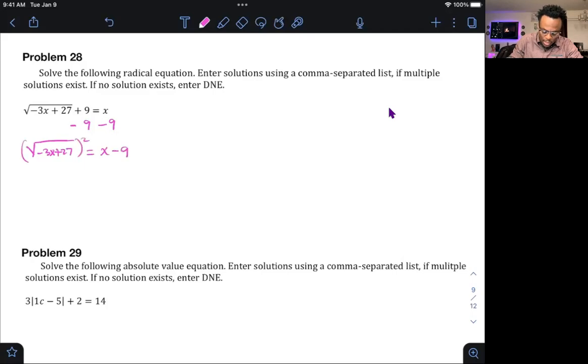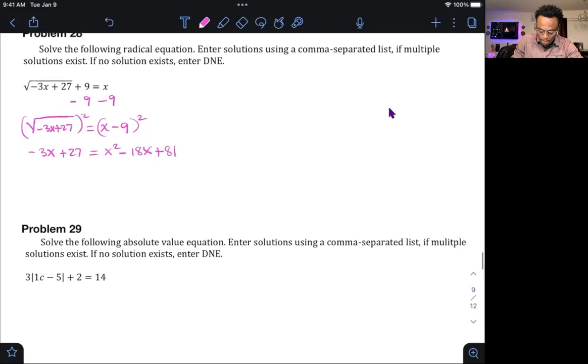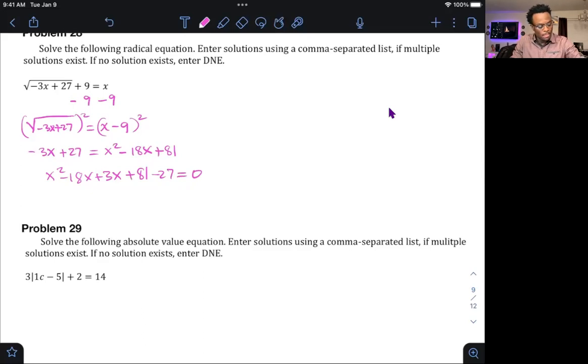Raise both sides to the power 2. -3x plus 27 equals x squared minus 18x plus 81. And then we will move everything on the same side. X squared minus 18x plus 3x plus 81 minus 27 equals 0. Right? And then that will take us to